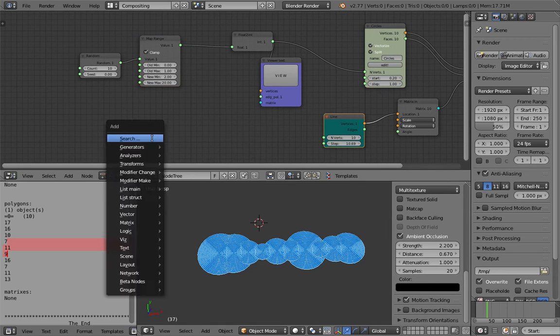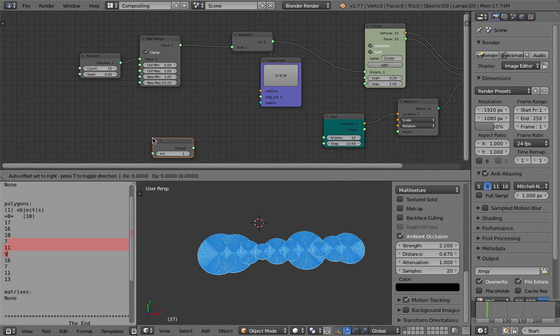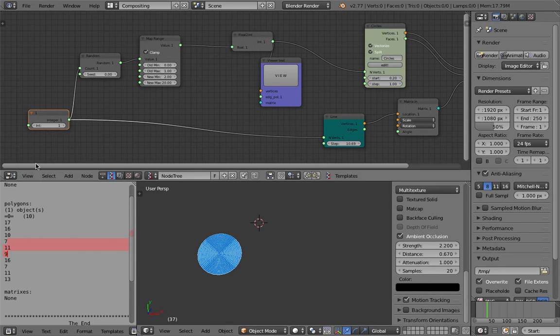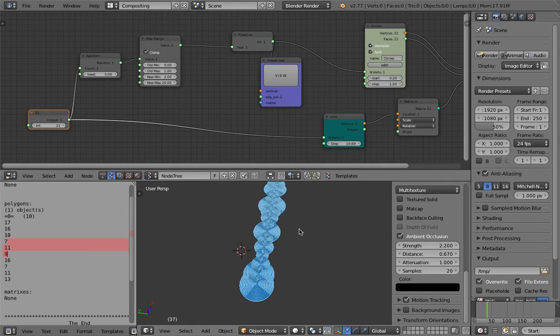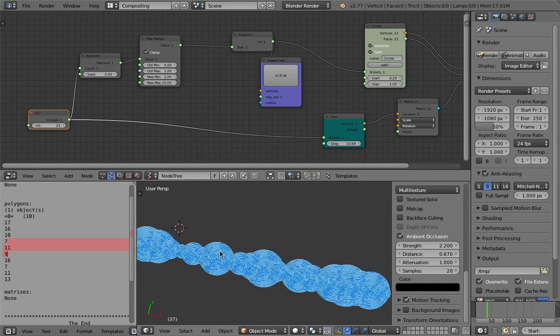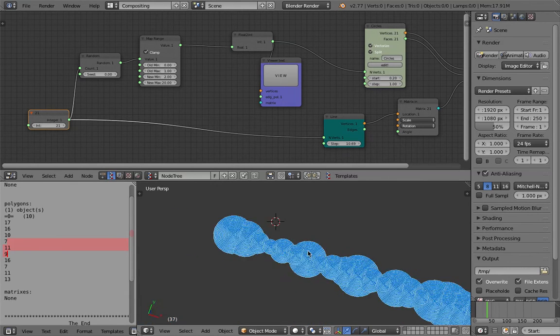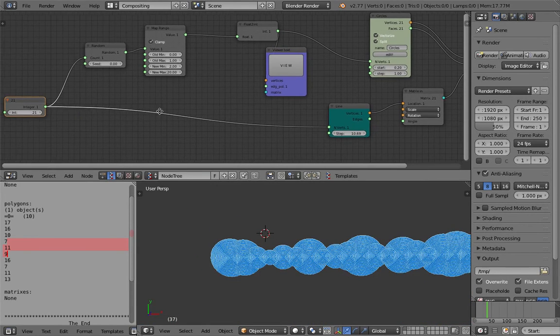So to ensure that this works properly, the count of the number needs to match the matrices. So there you go. 21 different variations of circles inside the circles, and we can